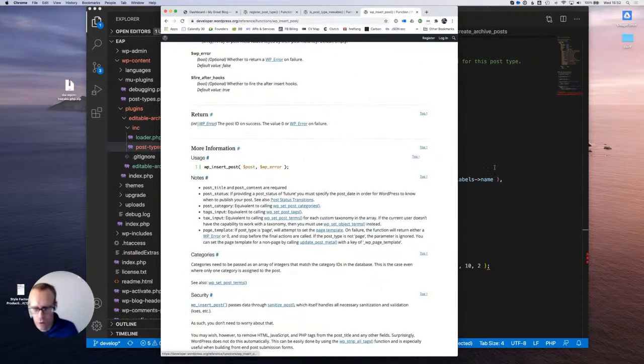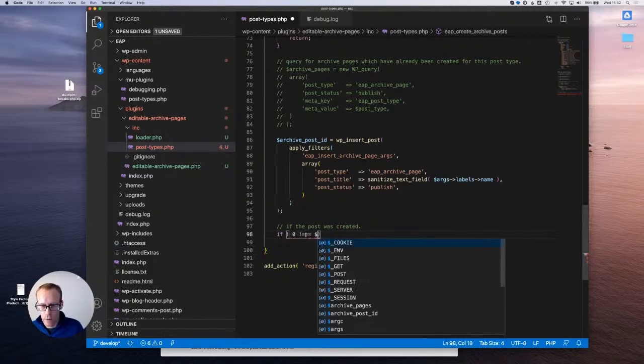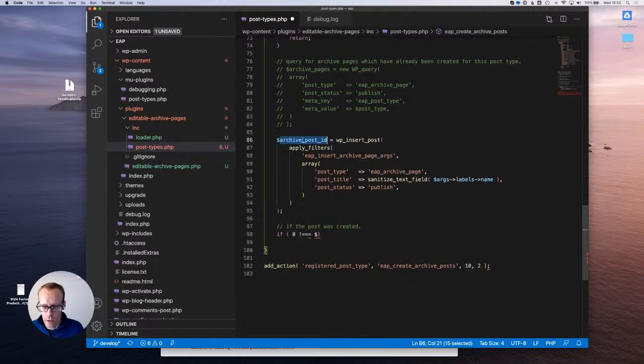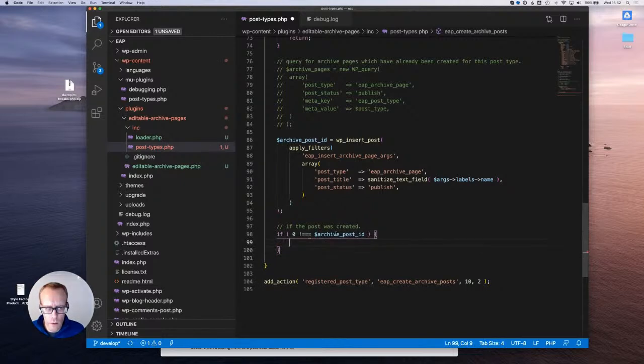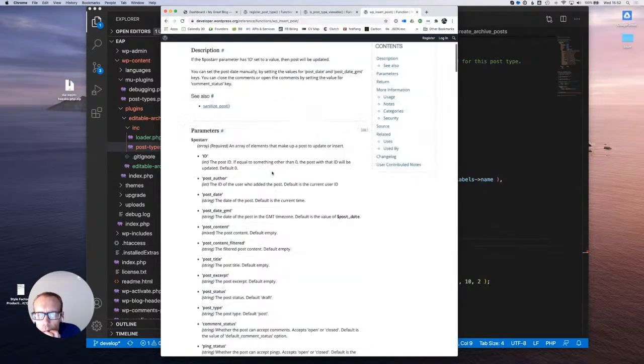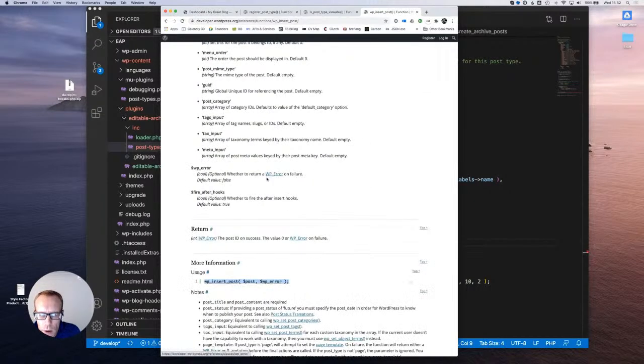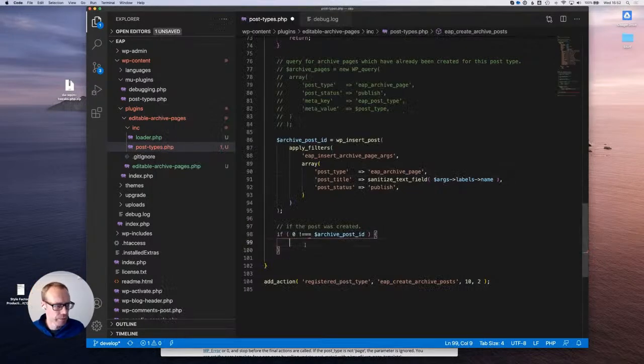Okay, so if this is 0, if 0 is not equal to that, so if we have a post ID to work with, WP error, interesting. Ah, right, what's that then? Can I set it to return 0 error? Whether to return a WP error on failure, default is false, right? So it won't return a WP error, it'll return 0 or the post ID. That's good. Okay, cool. So if that is working,